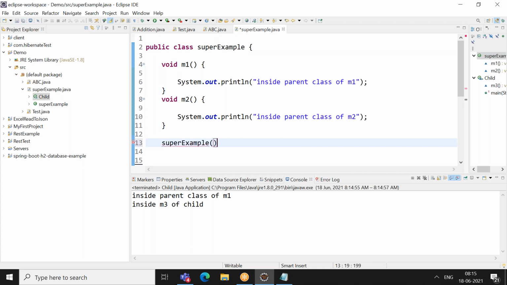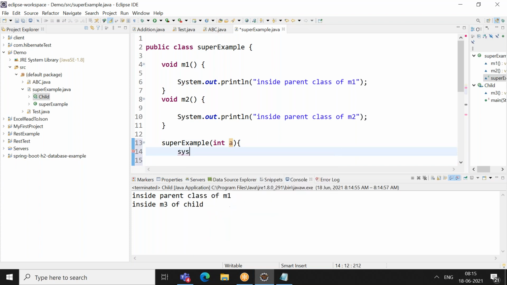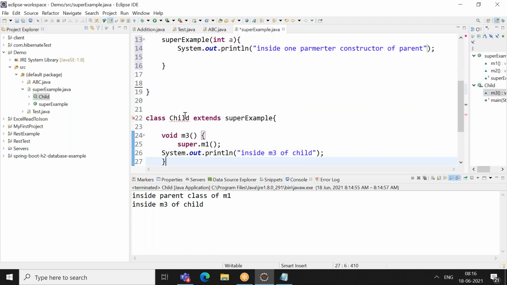I have one parameterized constructor in my parent class. So I'm just writing inside one parameter constructor of parent. Even similarly, your child is also having one parameterized constructor, assume.